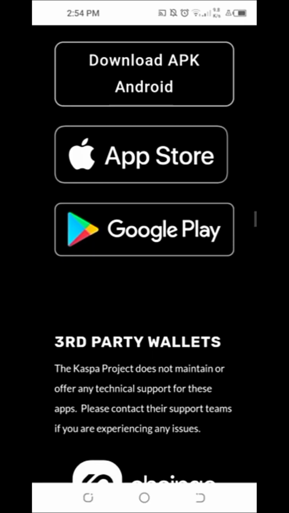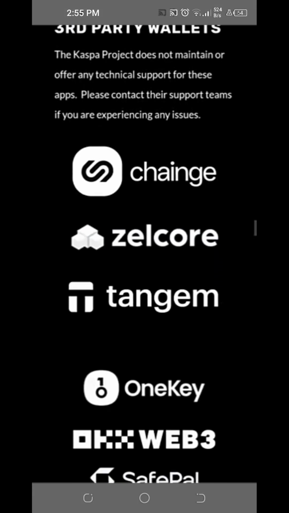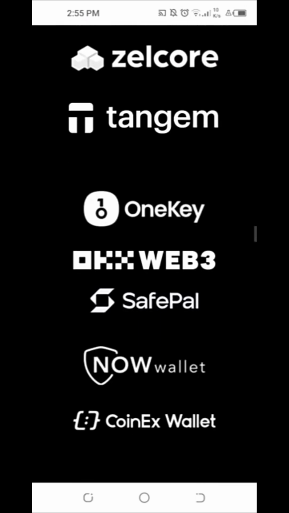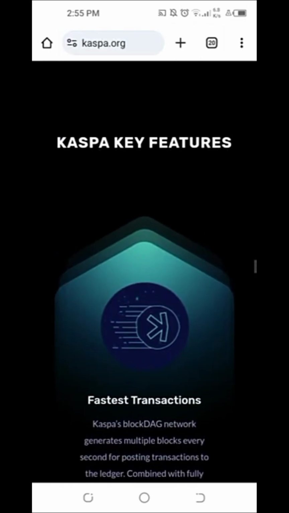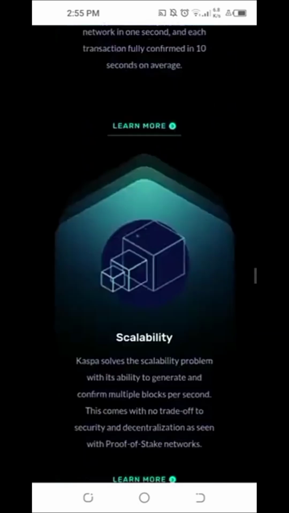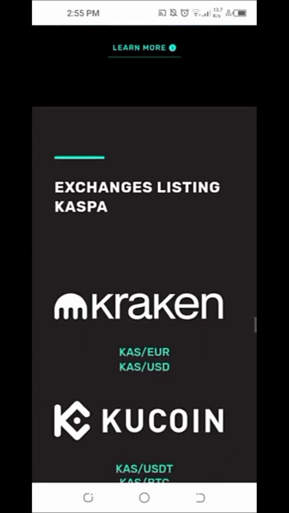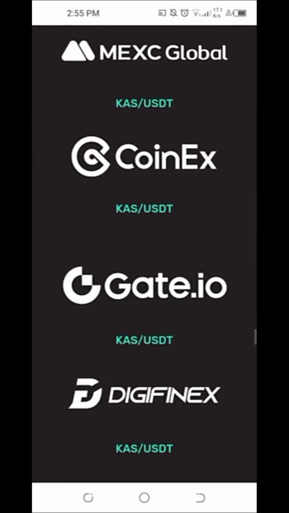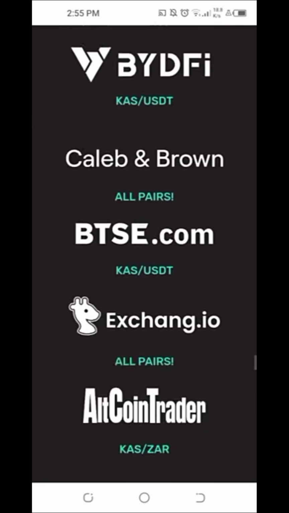So the Caspa or Caspium wallet can be downloaded from the Apple App Store or Google Play for Android devices. We can also see here the business partners and use cases and features, including the exchanges where the Caspa cryptocurrency is currently listed.